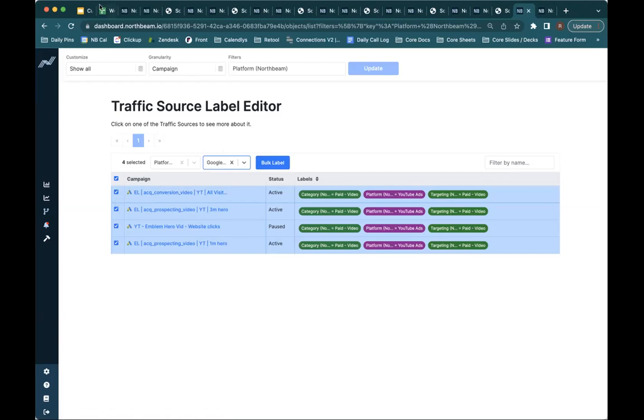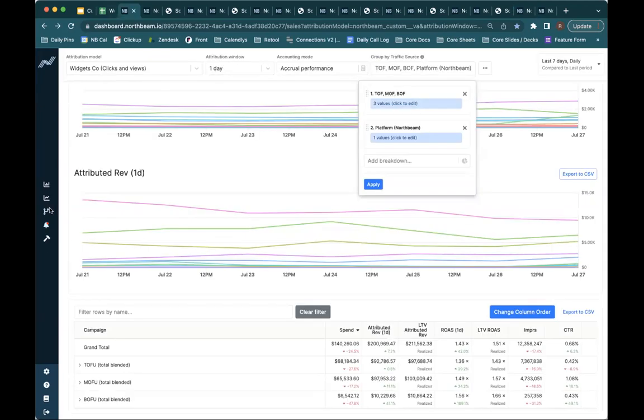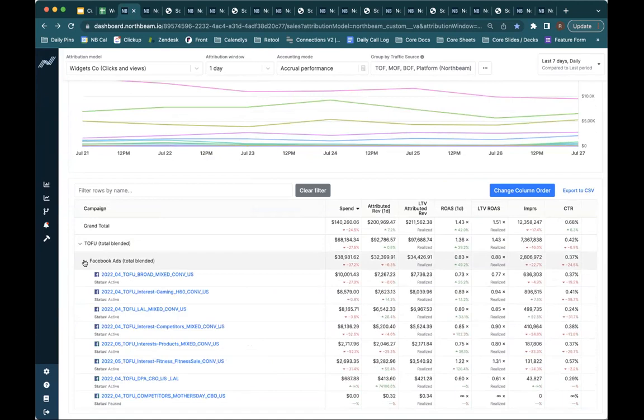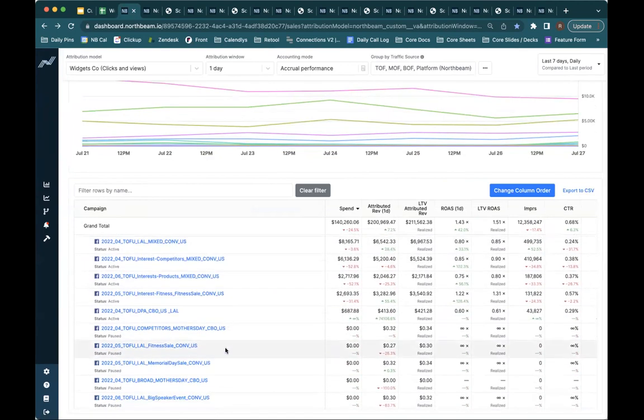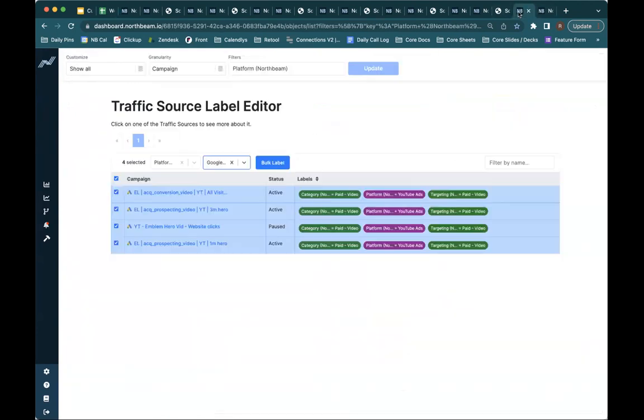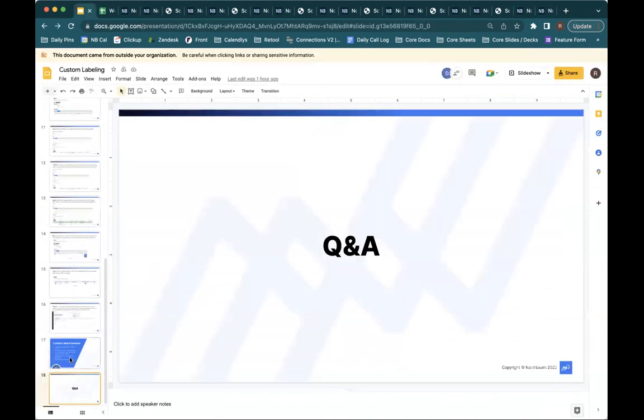So if you find yourself looking at your own sales tab and you see there's some campaigns that aren't falling exactly where you want them, right? Or maybe you do have that full funnel campaign that you want to label as Facebook. The traffic source label editor is a great, easy way to do that, and you can do that in bulk. I will stop there for this part of the webinar and open it up to Q&A a little bit,